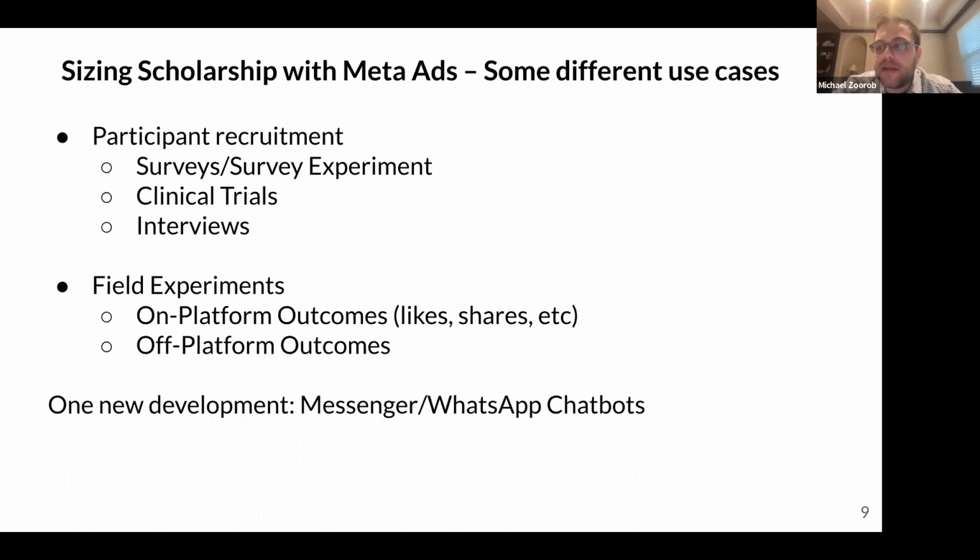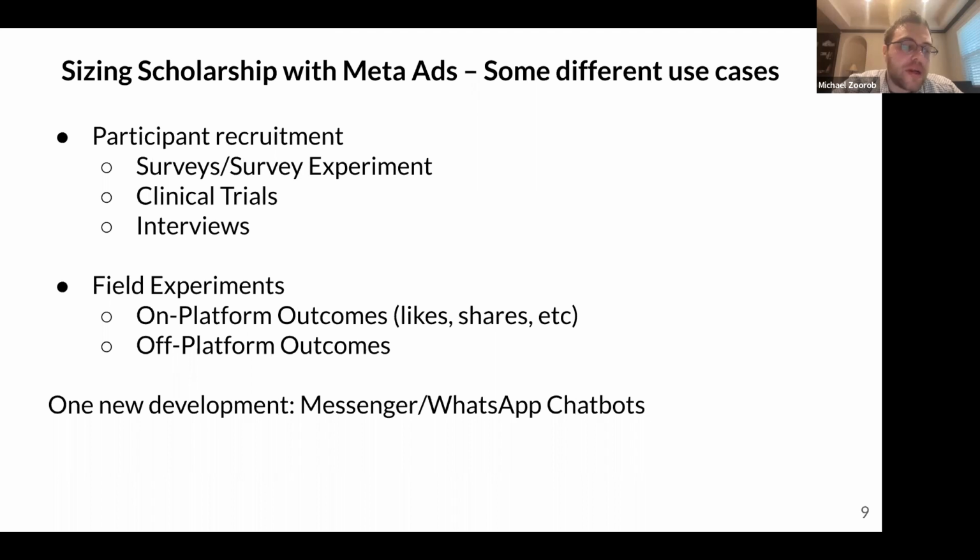And you can use that to study the efficacy of different messages. On-platform outcomes are one kind of field experiment that people run. By this, I mean they run different kinds of ads, and then they look at which ads created the most interest or engagement on the platform. So things like likes or shares or link clicks.